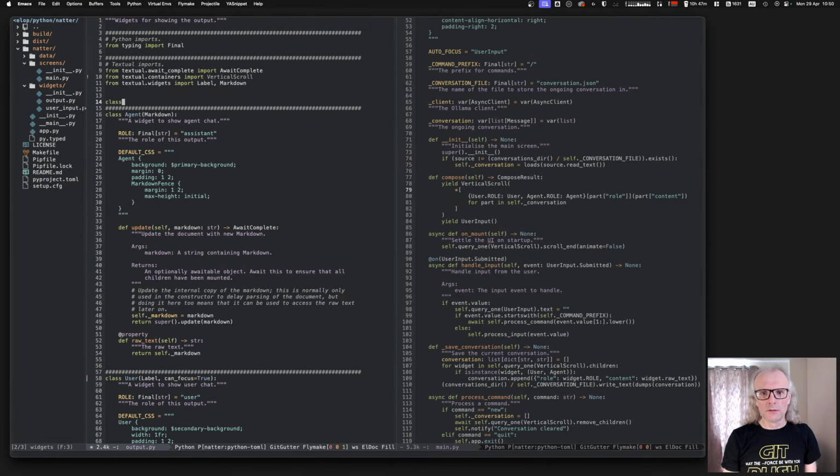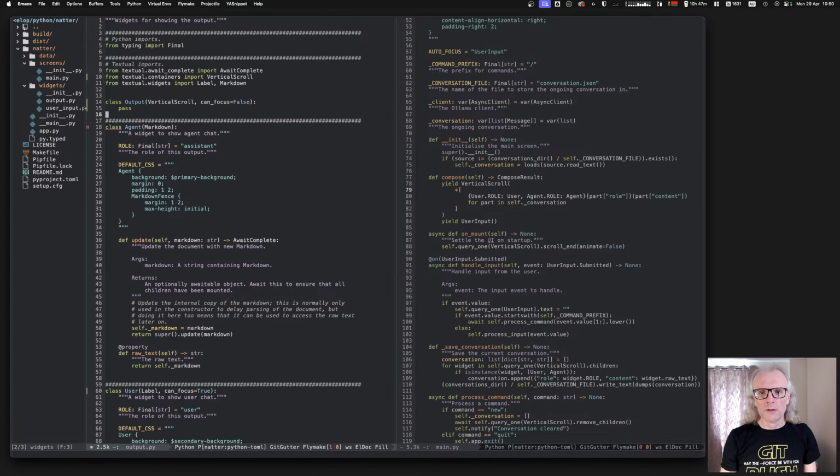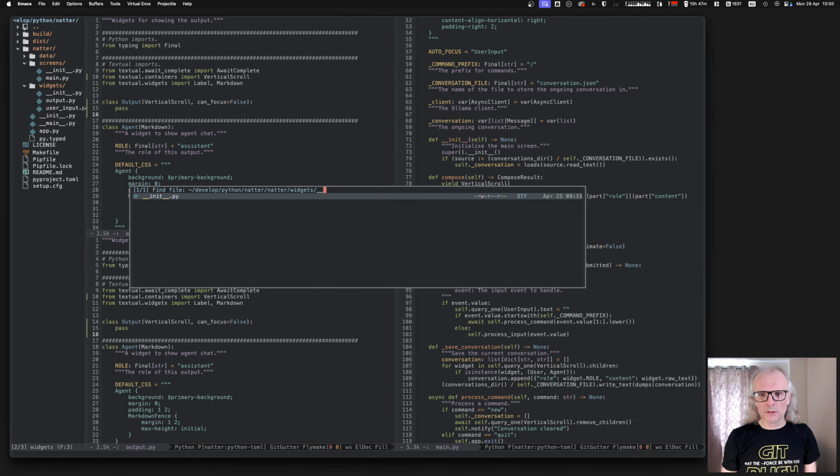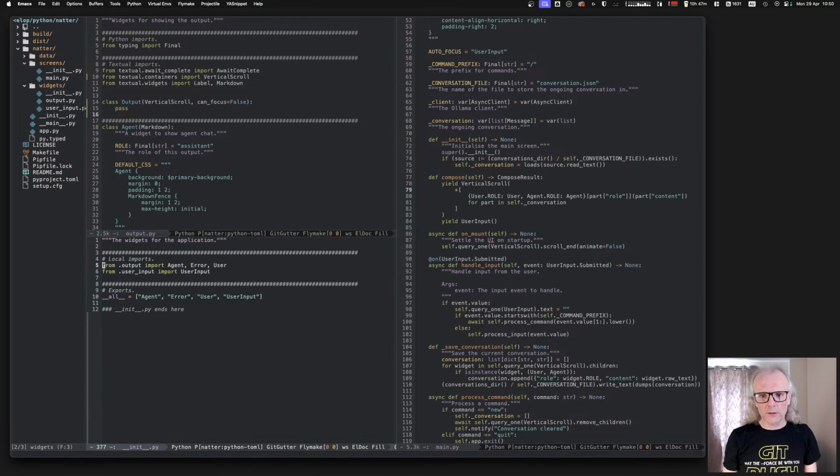Vertical scroll. So I'm going to have a widget called Output that inherits from VerticalScroll, and I'm going to say can_focus is false. Right, just do that for a second. Actually, make sure it gets exported.